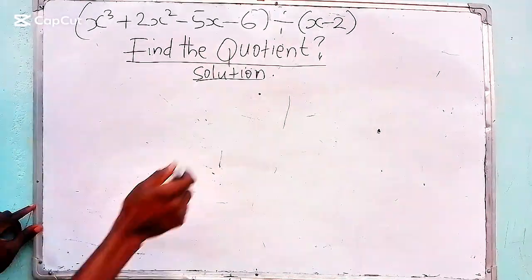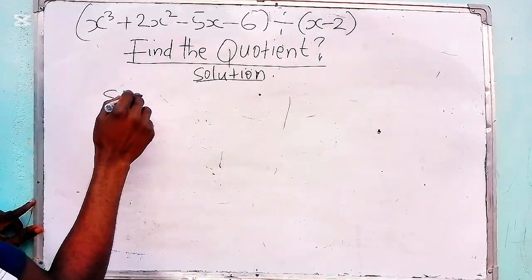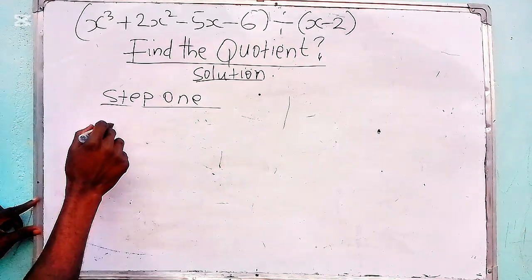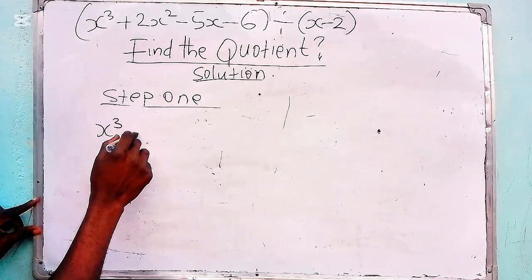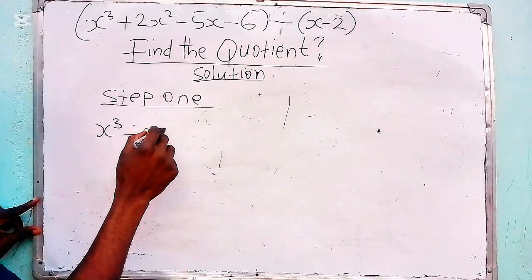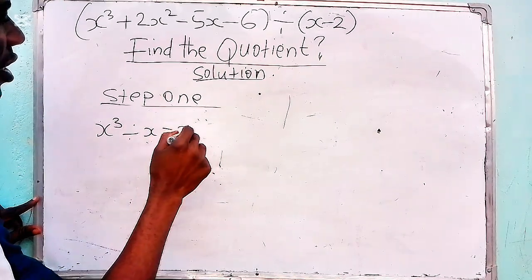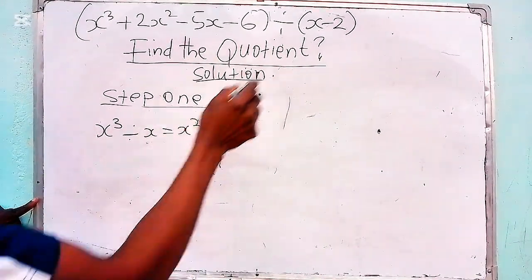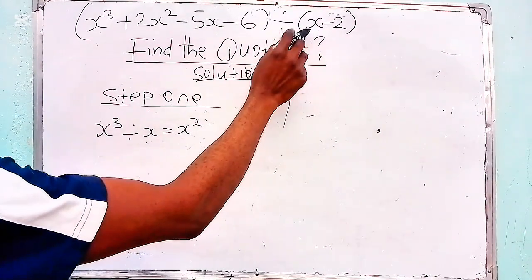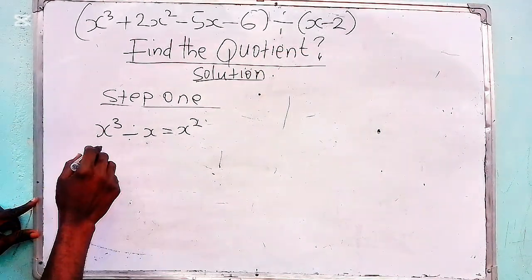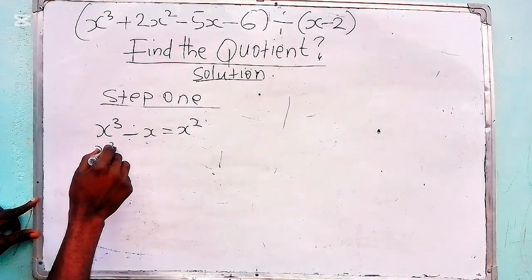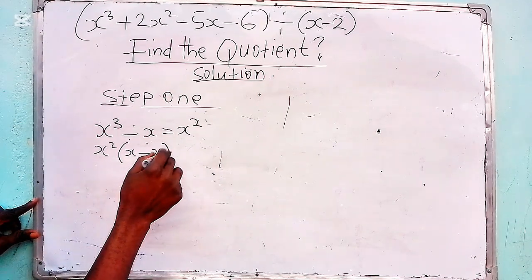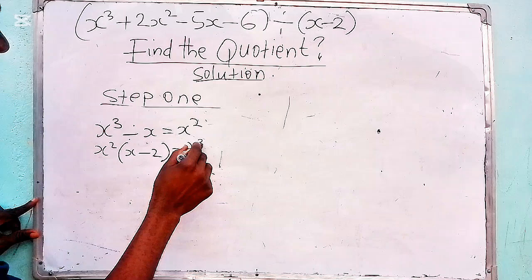Divide this by the first. That is our step 1. Now x raised to power 3 divided by x, we're going to have x squared. So use this and multiply this. That is x minus 2. X squared into the bracket of x minus 2 equals x raised to power 3